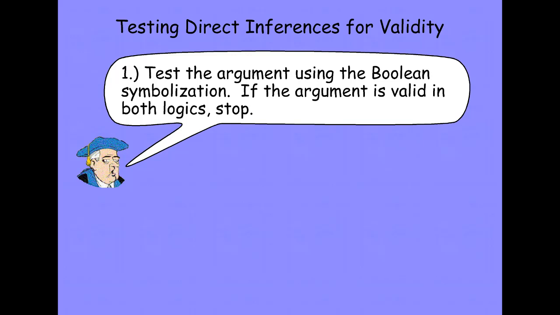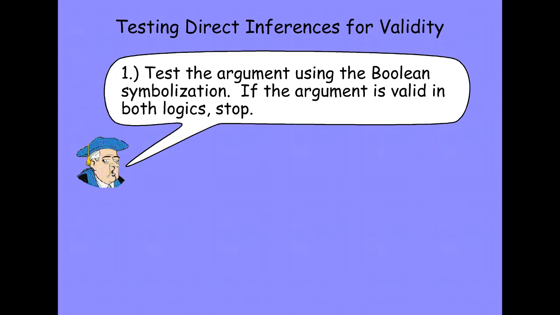Once we do that, we look at what we get when our premise is true. How does the world have to be if our premise is going to be true? Then we look over at our conclusion diagram to see what we need. How does the world have to be in order to guarantee that our conclusion is true? If what we need to guarantee our conclusion is true has to be the way the world is if our premise is true, in this case, if our premise diagram includes everything that's in the conclusion diagram,